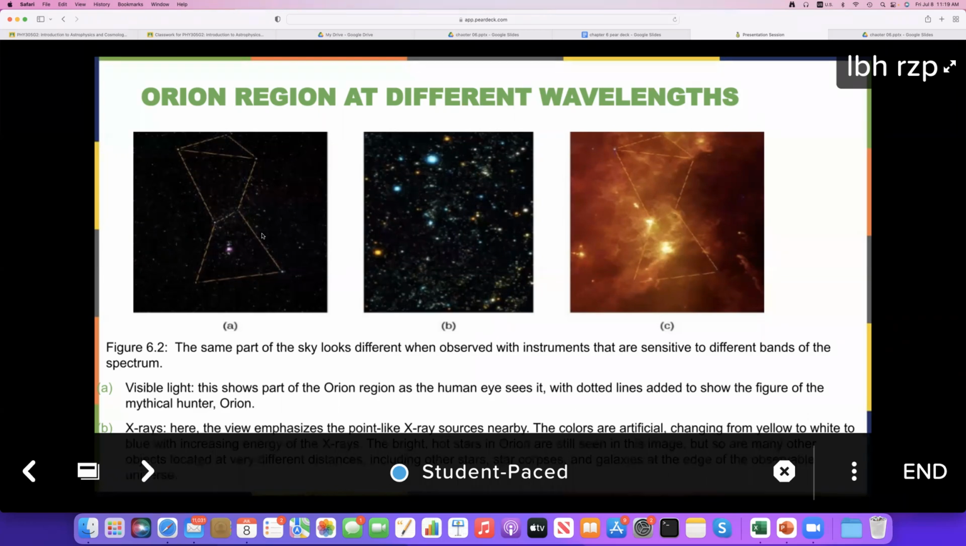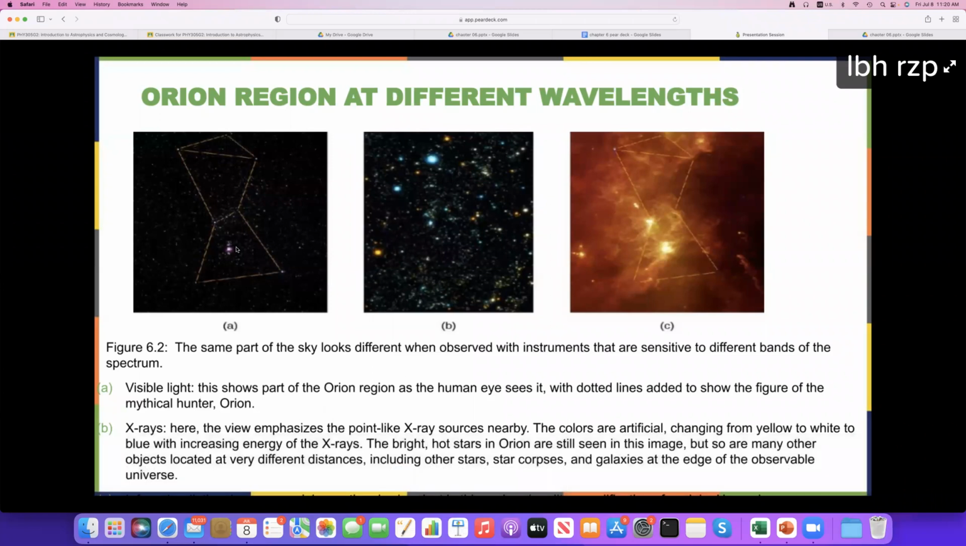So image A is how this area in the sky looks when you observe it in visible light. Now these dotted lines right here show the figure of the Orion constellation. They are not something you are observing, they are hypothetical lines that show you the Orion constellation, and here is the Orion belt, and this part right here is where you have the Orion nebula. A nebula is like a nursery for new stars, a gas cloud. And if you have a smaller telescope and can focus it on this region, you can actually observe the Orion nebula